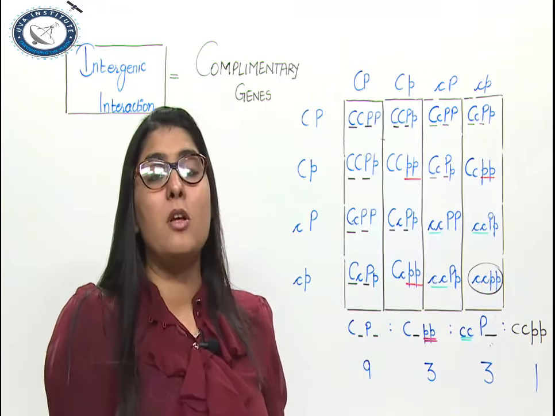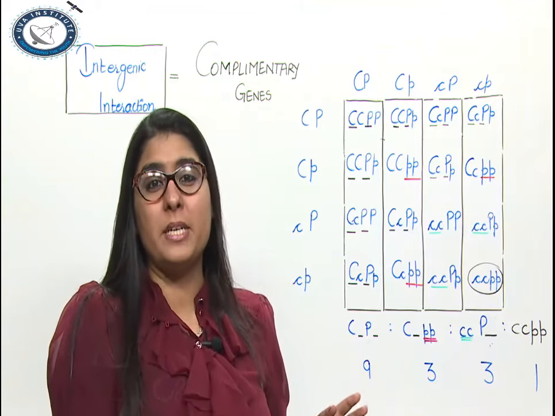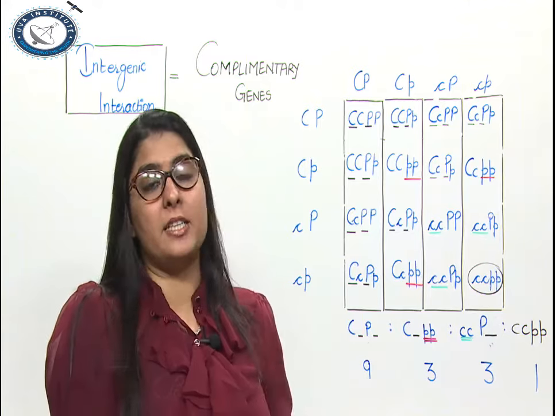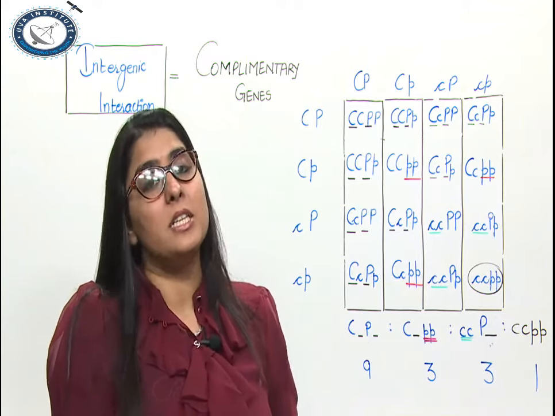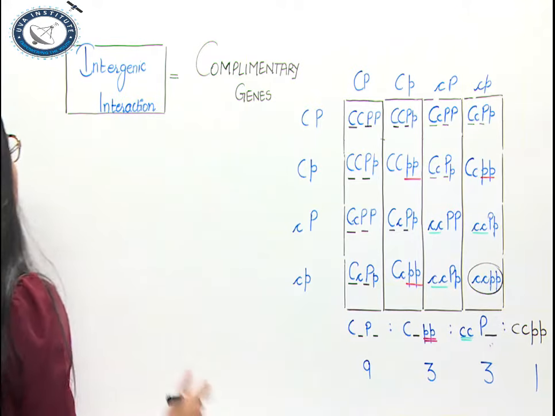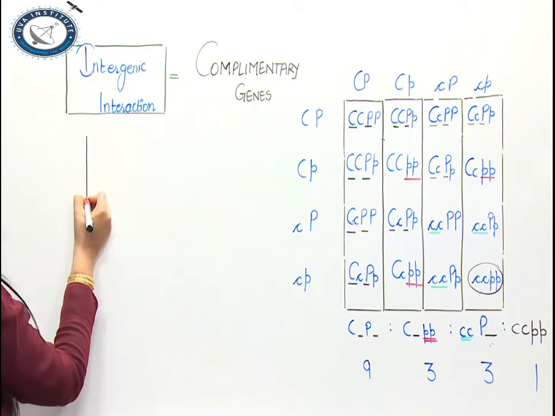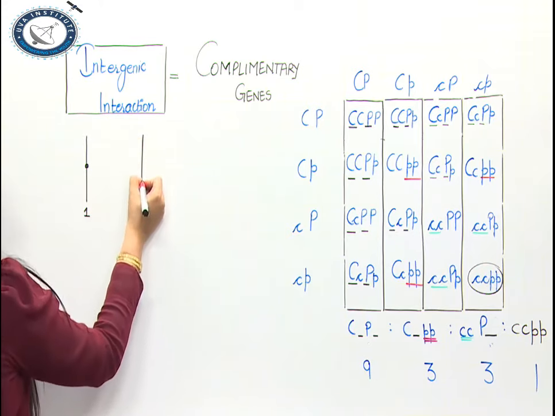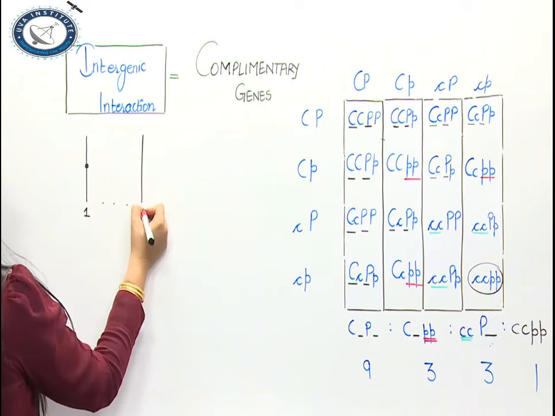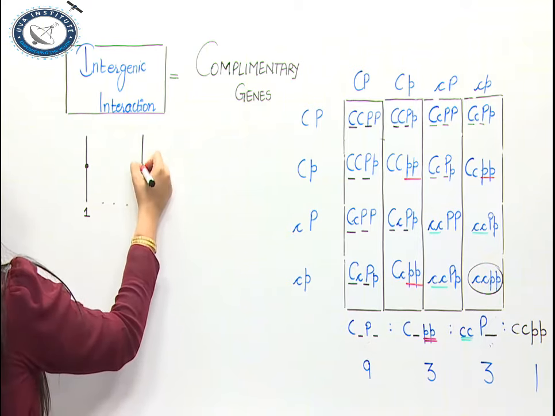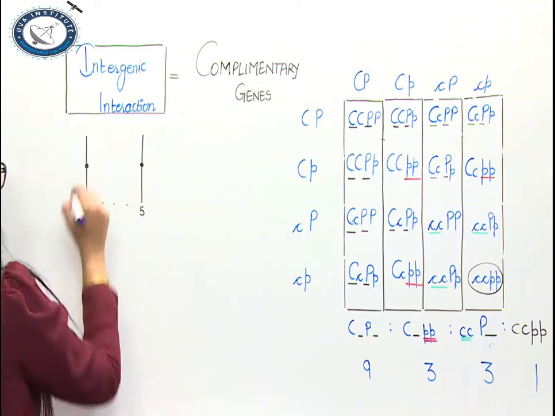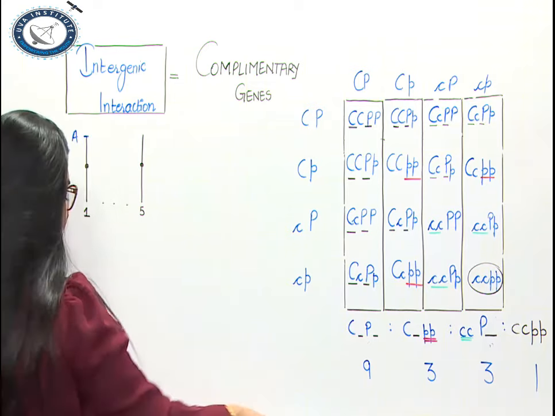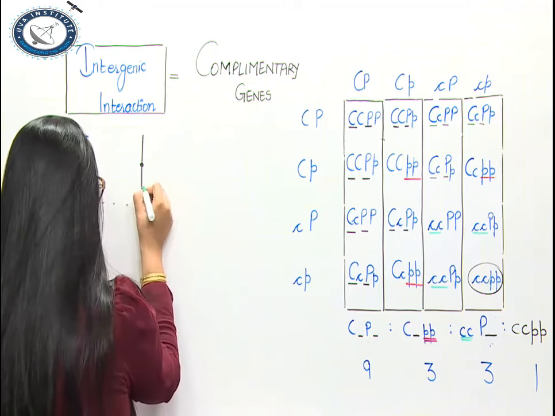Again, an exception of the law of independent assortment. They respect the genotype. Here the interaction is where they affect the phenotype. Say a gene is present on chromosome 1, and there is a gene present on chromosome 5 of an individual. We have a gene present at a locus here, A, and we have a gene present at a locus here, say B.